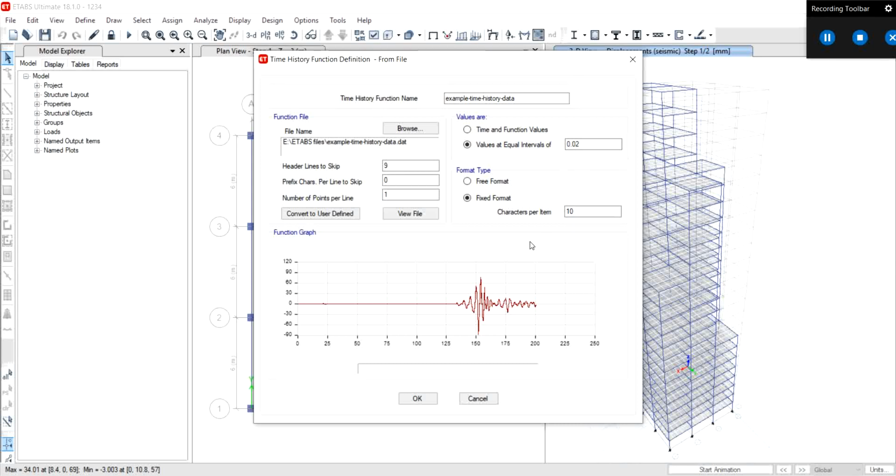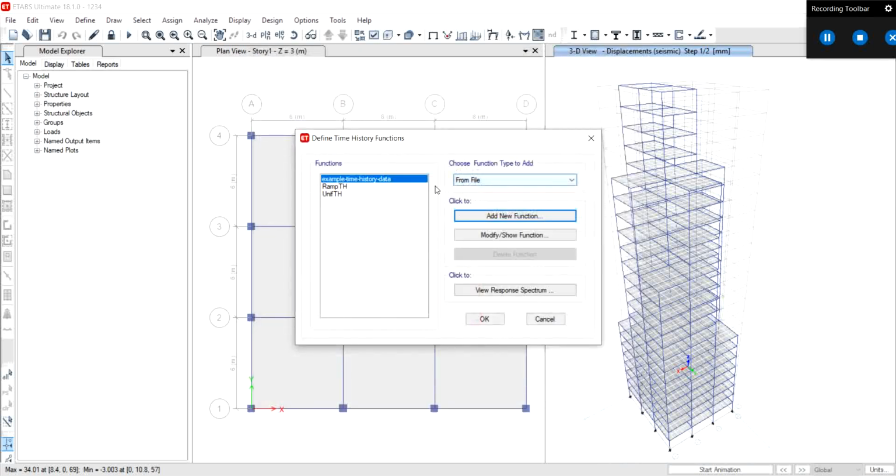Characters per item by default it is 10, so make it 10 only, no need to change it. Rest all you have to make default value. Click on OK. Okay, you can see that.